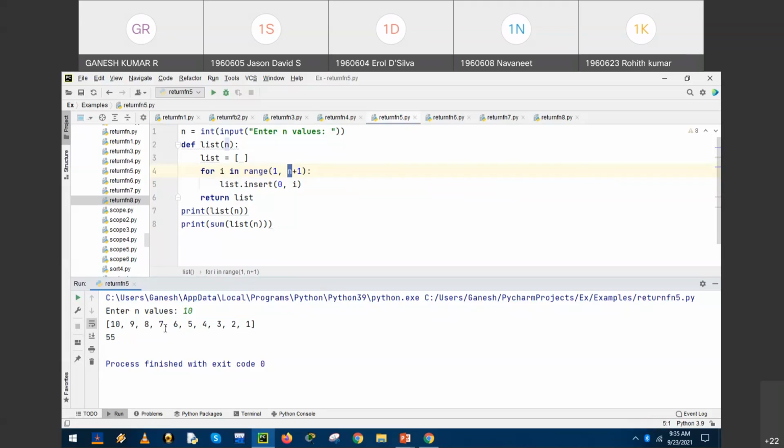I would like to have the list in the ascending order, in the normal conventional form, which means instead of 10, 9, 8, 7, 6, 5, 4, 3, 2, 1, I would like to have the list from 1 to 10 in the ascending order, conventional form. What modification can I do in this program so that I'll get the sorted list? In which statement can I modify it so that instead of 10, 9, 8 up to 1, I will get 1 to 10?